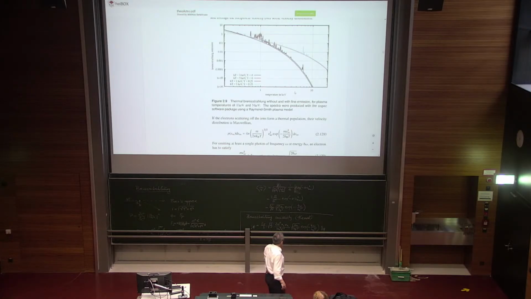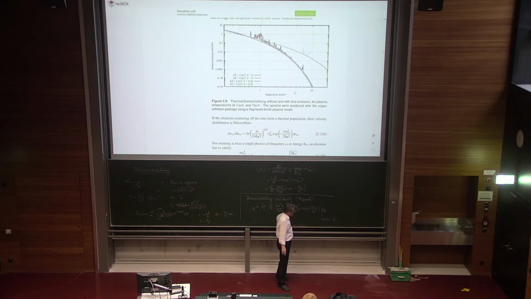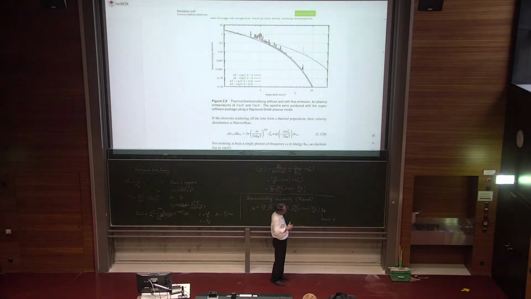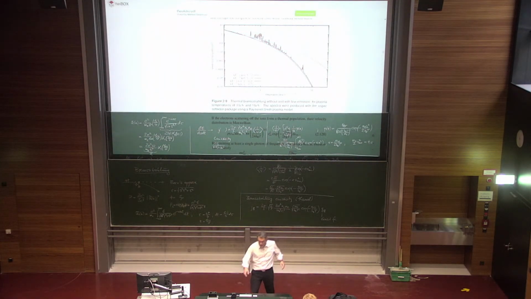The question was, why did we introduce the Gaunt factor here? The reason is that by setting this lower velocity limit here, we only approximately take quantum effects into account. We say there is a quantum effect because the accelerated electron must at least have the energy of emitting one photon.